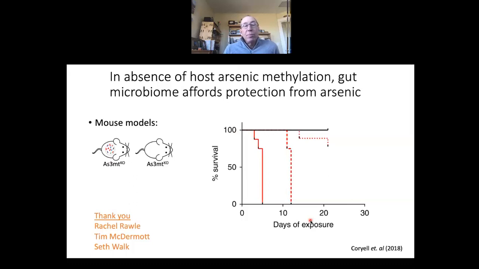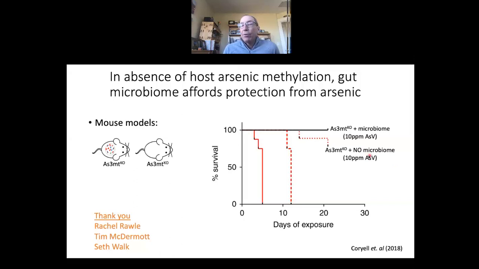So to make this a simple model, we used a set of mice that have a knockout for this arsenate methyltransferase. So the mice cannot do any conversion. So any conversion of the metal that we're seeing is due to the microbiome. And so when we look at these mice, that they have a knockout of the gene, they have a microbiome, we can see that those mice are completely healthy on 10 parts per million arsenate in their water.